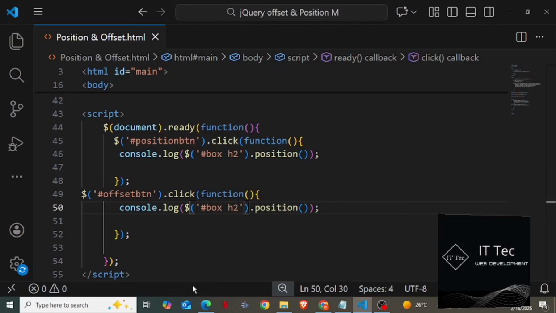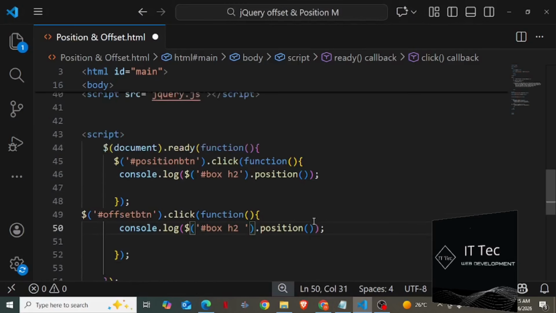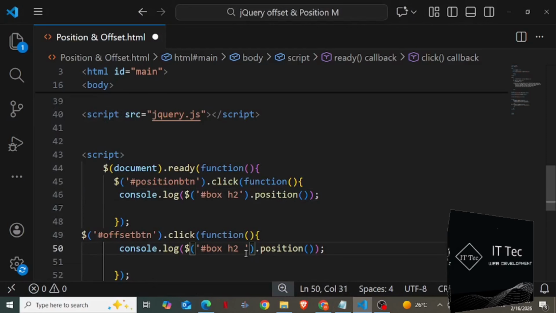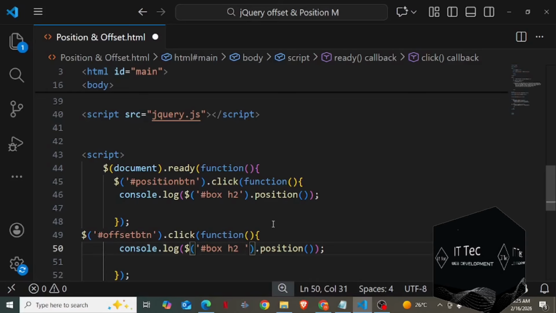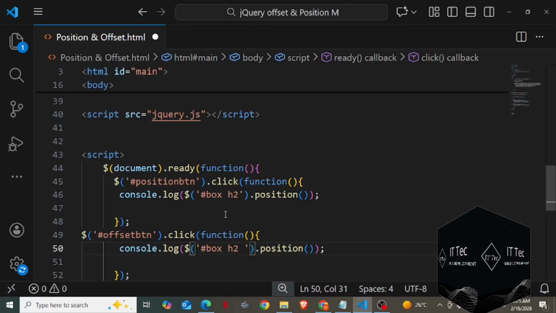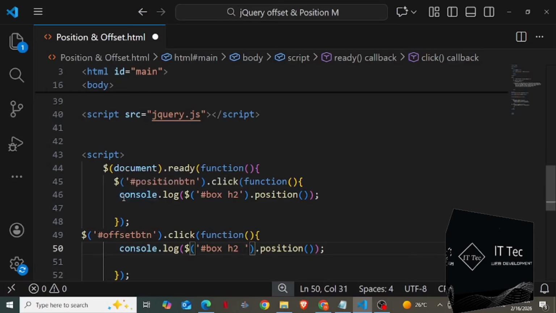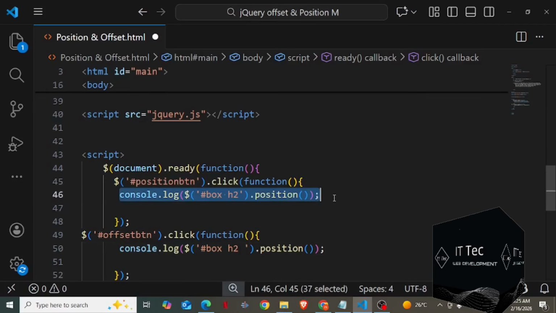I had taken the position on the console and printed it out. Look at it here. I took the variable x and put the value inside it. Here we have the positions of the box that is going to be in x. Now I will use its method here which is going to get the position, and for offset we have left